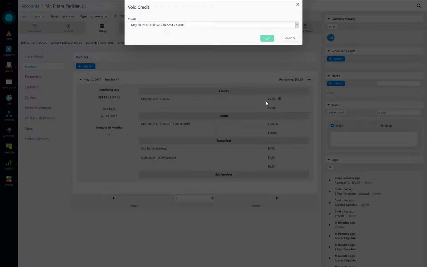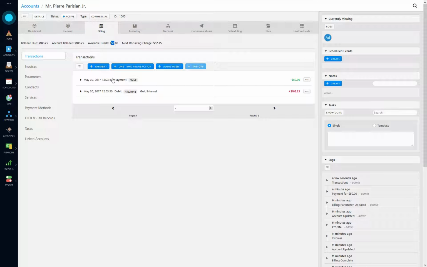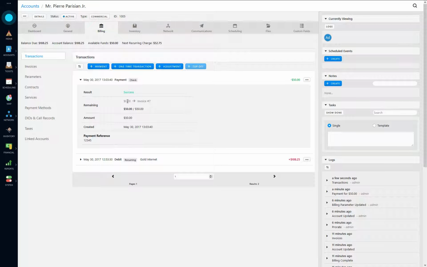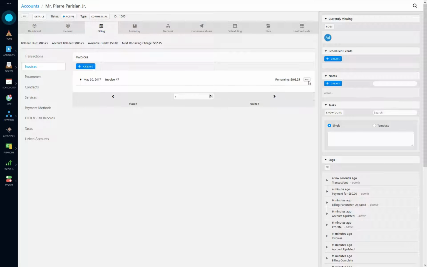So I'm going to void that credit, and what that does is it voids the credit on the invoice and it returns the money onto our payment. So I now have $50 in available funds. If I go back to transactions and expand that check, we now see $0 is applied to 7 because the credit's voided, and we have $50 available again. So now if we go back to this invoice,